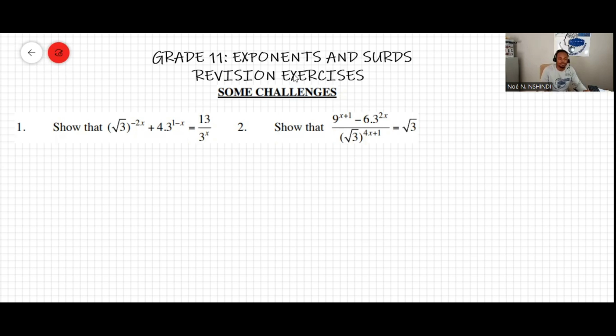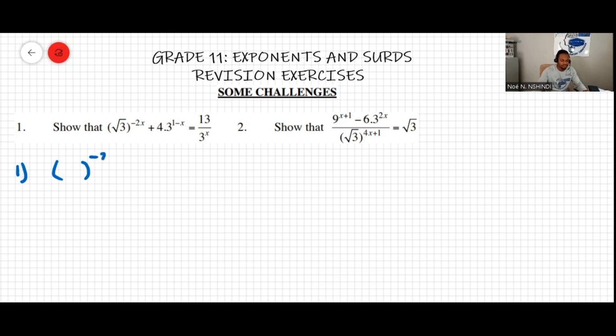Show that (square root of 3) raised to the power of -2x plus 4 times 3 to the power of 1 minus x equals 13 over 3 to the x. I will first transform these. I prefer to write the square root of 3 in exponential form. So this equation will be like 3 raised to the power of